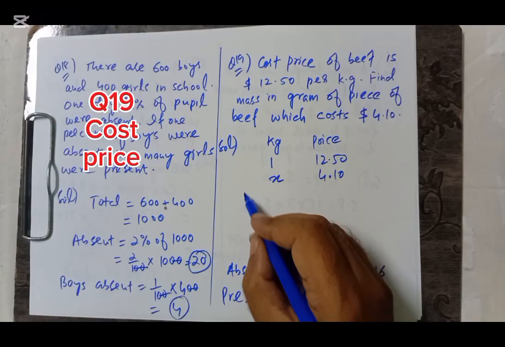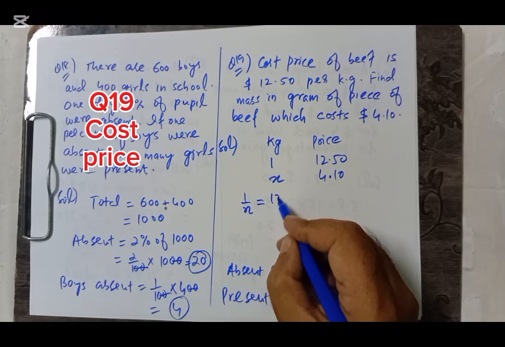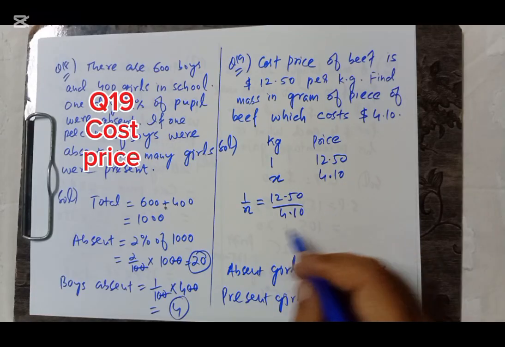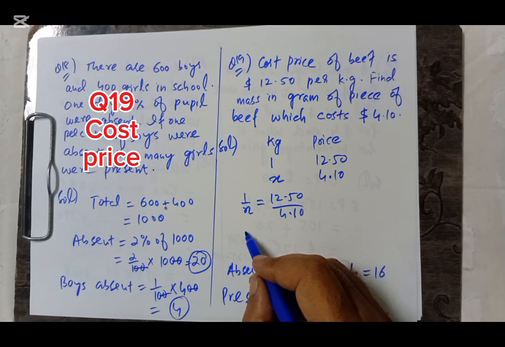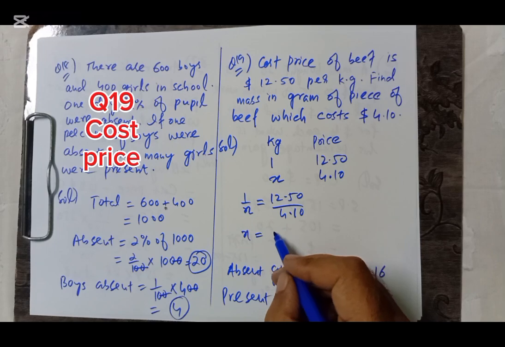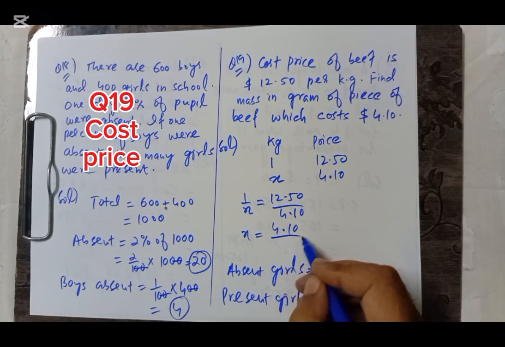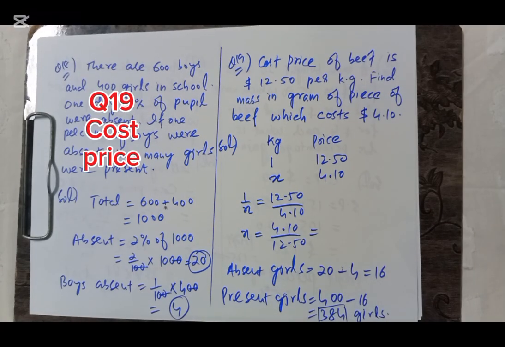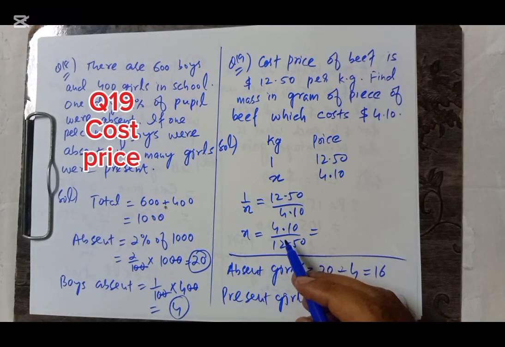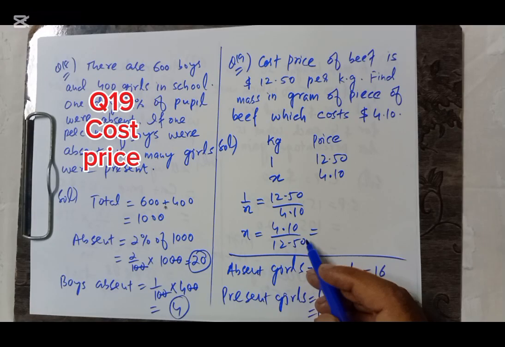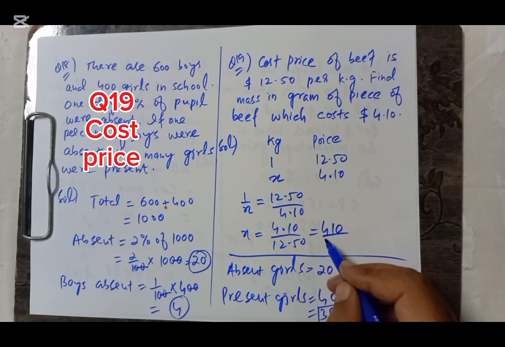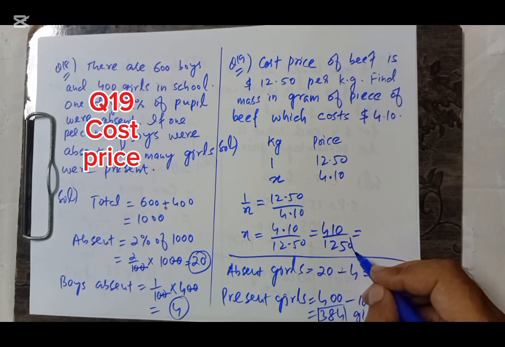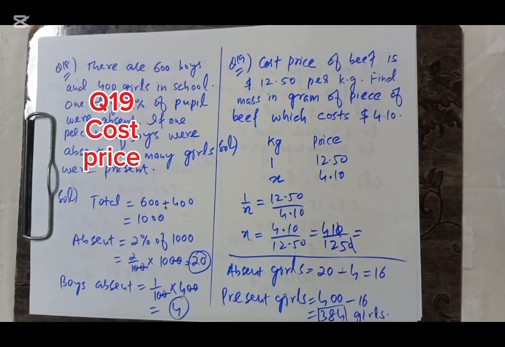Let's say that is x, the unknown value, and if we try to find it, this is a case of direct proportion. 1 upon x is equal to 12.50 upon 4.10, or if I take the reciprocal on both sides, x is equal to 4.10 upon 12.50. Decimals will be cancelled by each other, and 410 upon 12.50, that gives 0 will be cancelled by 0, so 41 upon 125,